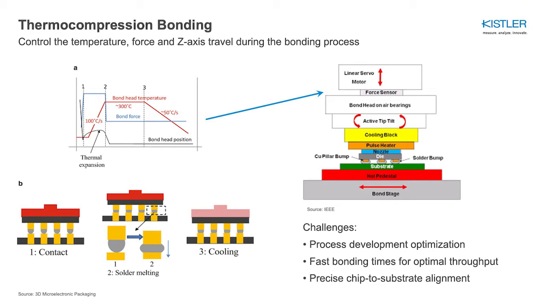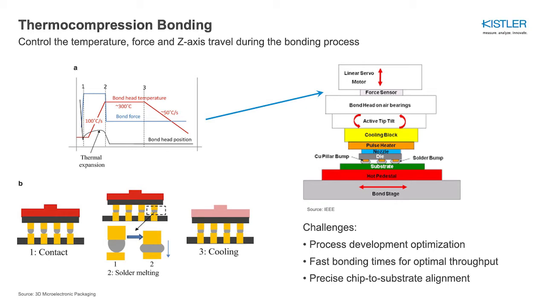The die is picked up by the bond head, held securely and flat on the bond head with vacuum. After the die is aligned with the substrate, the bond head comes down and stops when the die touches the substrate. A constant force is then applied while the die is heated up quickly beyond the solidus temperature. As soon as the solder joint melts, the die is moved further down to ensure all solder joints are in